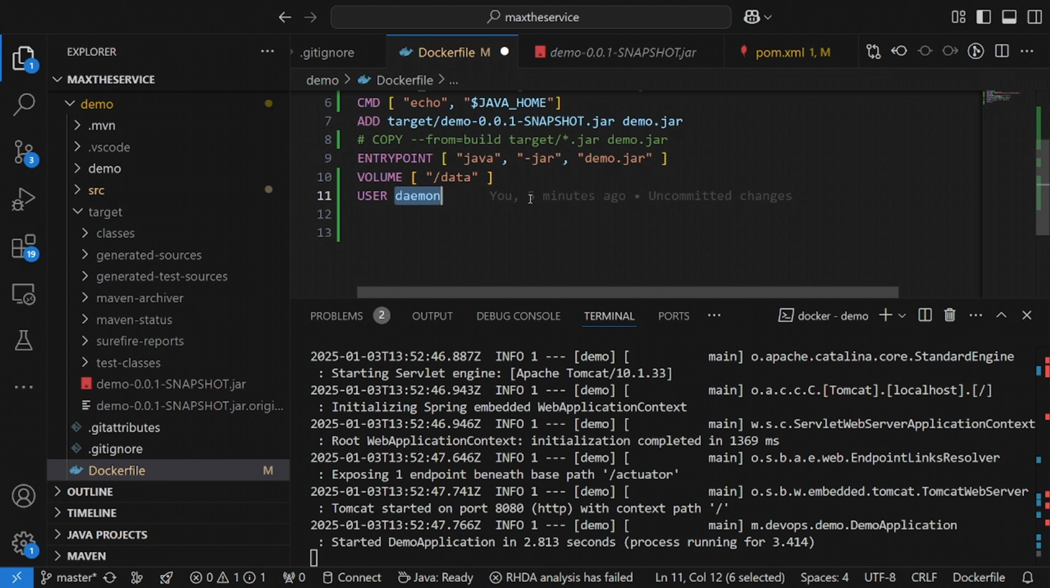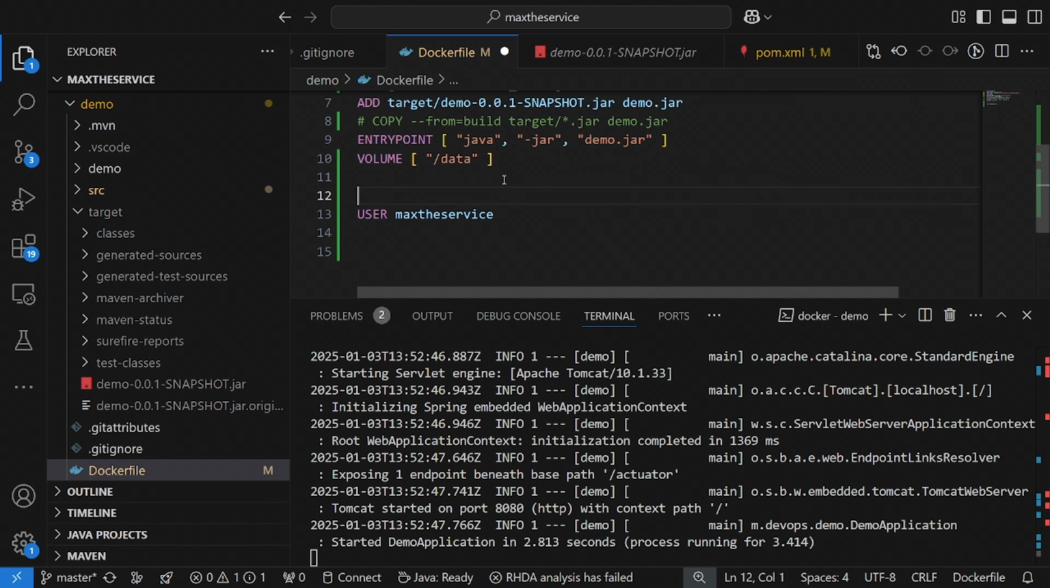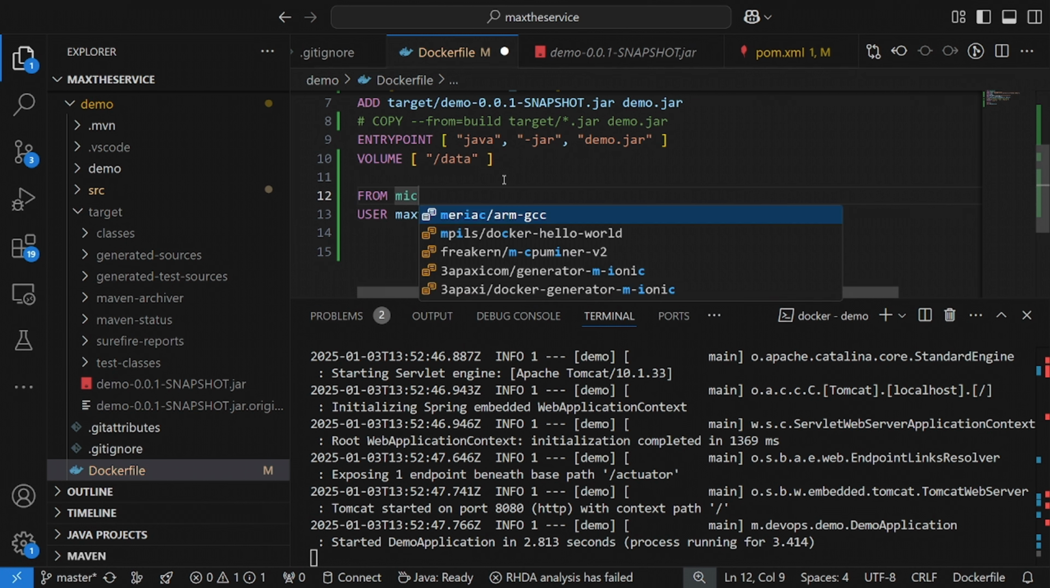So let's suppose you are using Windows and you want to create a new user like maxi service. Because you have to first create the user, and the good thing is that I am again using the command line, because I'm going to create the user from